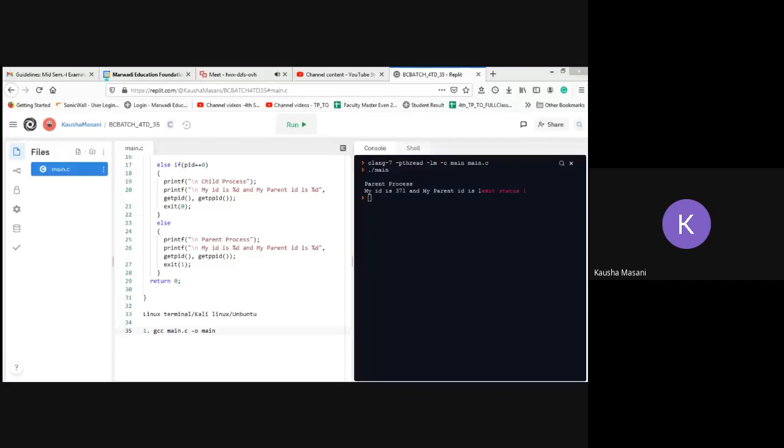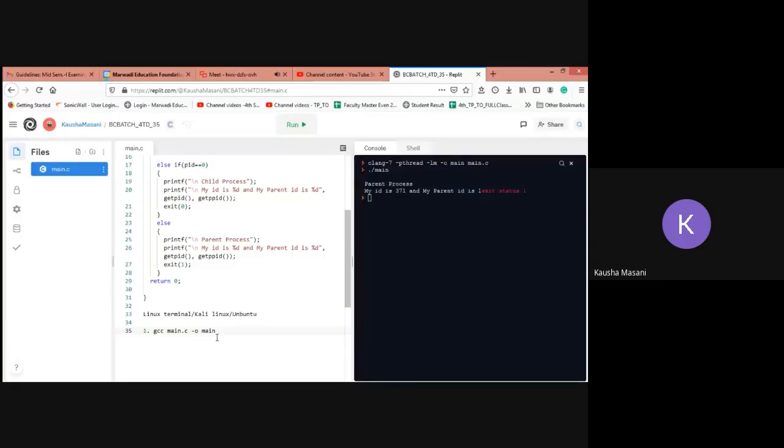If you are using your Linux terminals, one way is to run it like this: gcc main.c -o main.